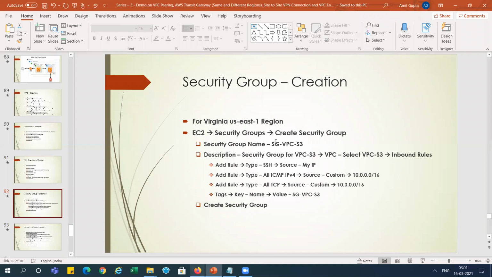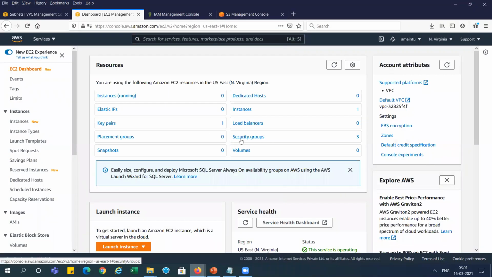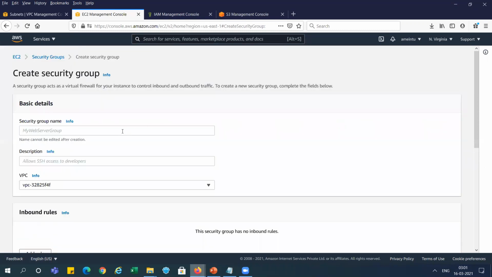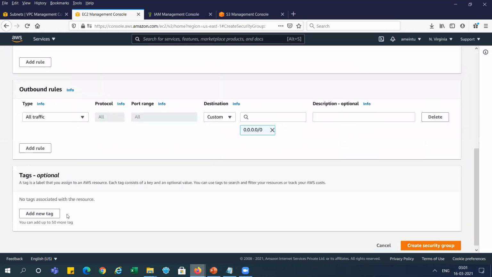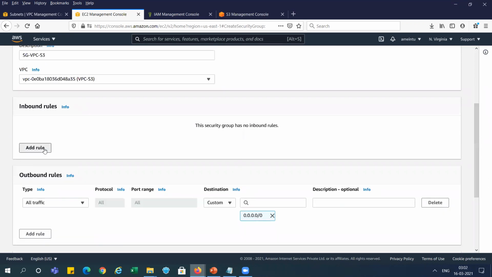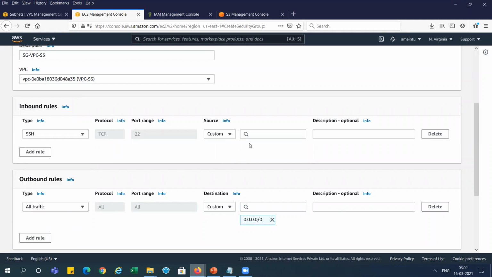Now we need to go to create a security group. Now this is our dashboard and security group here, and go and create a security group. And for VPC, we need to select VPC-S3, right? And for the tag name, we can give a tag name. And after that, we need to assign the inbound rules like SSH, right?